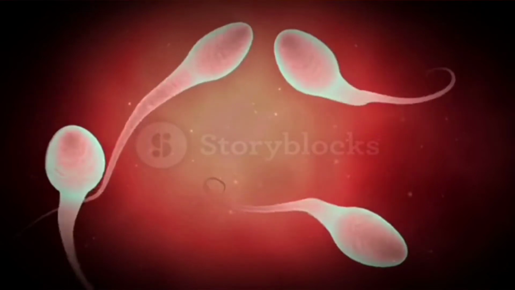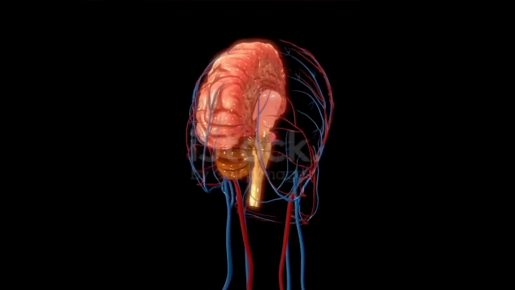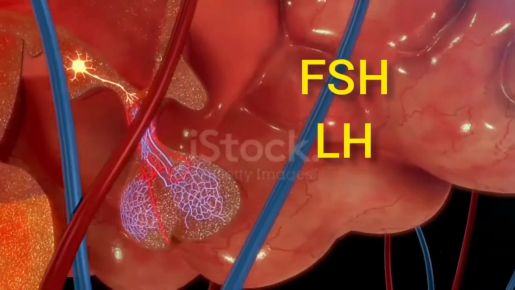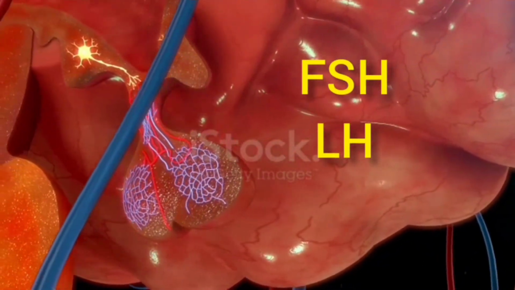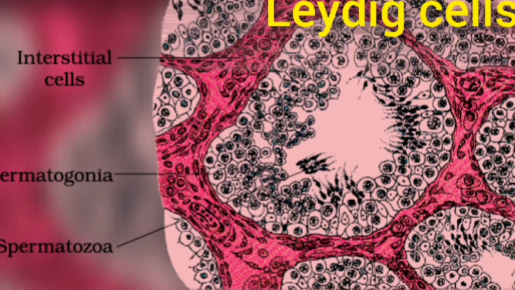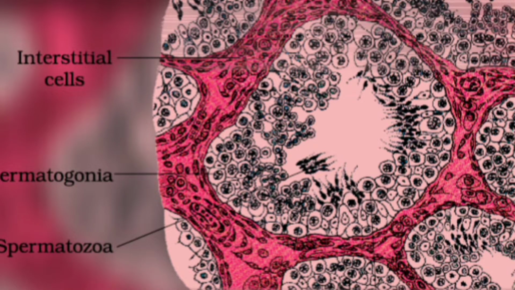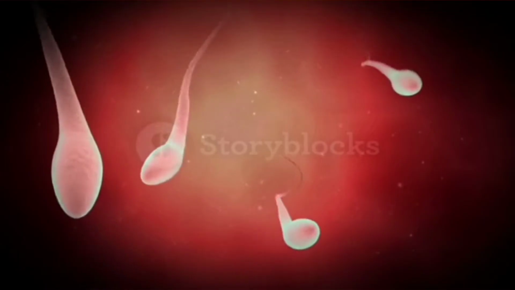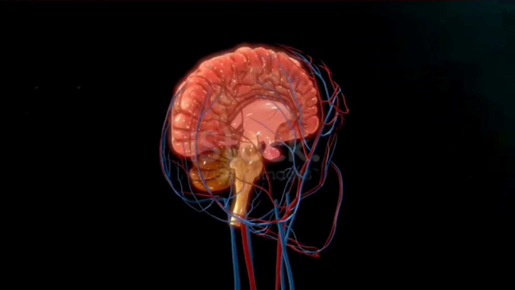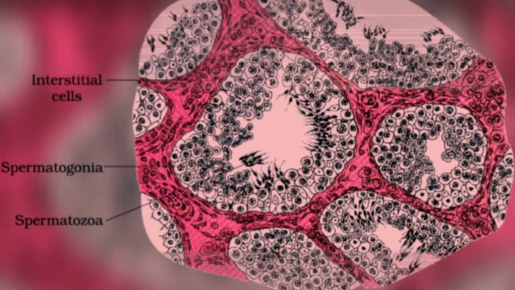The increased levels of gonadotropin releasing hormone then act at the anterior pituitary gland and stimulate secretion of two gonadotropins, luteinizing hormone and follicle stimulating hormone. Luteinizing hormone acts at the Leydig cells and stimulates synthesis and secretion of androgens. Androgens in turn stimulate the process of spermatogenesis. Follicle stimulating hormone acts on the Sertoli cells and stimulates secretion of some factors which help in the process of